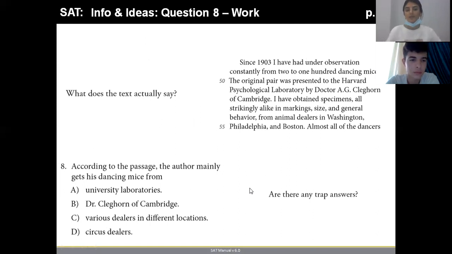Now, again, we have such a question. According to the passage, the author mainly gets his dancing mice